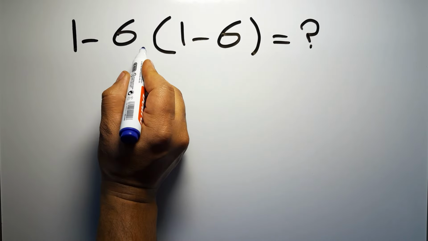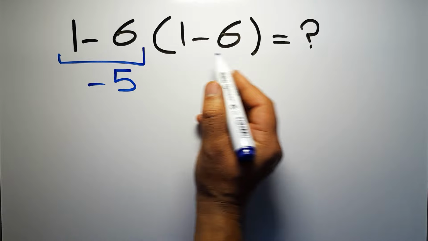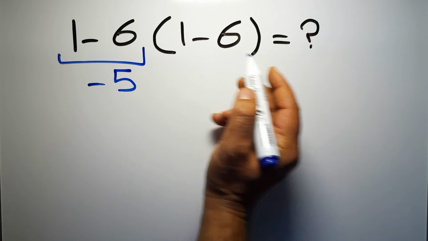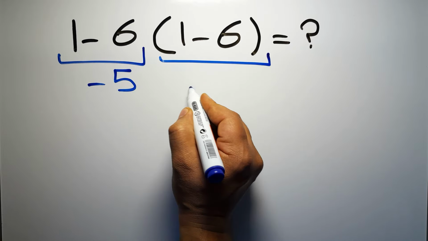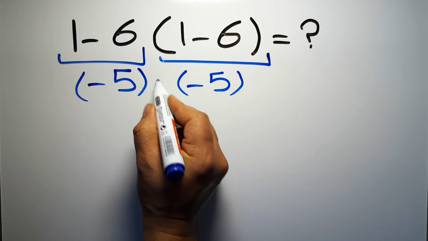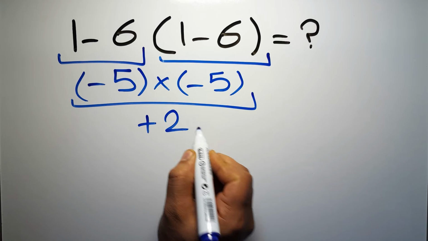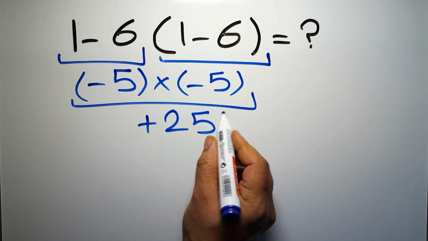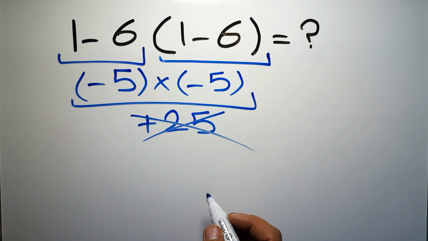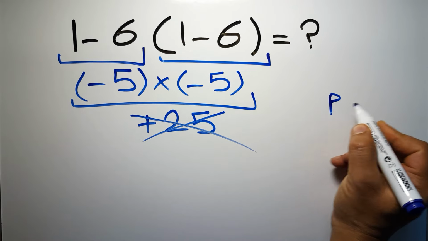1 minus 6 gives us negative 5. And again here inside this parentheses we have 1 minus 6. So negative 5 times negative 5, which equals positive 25. But this answer is not correct, because according to the order of operations, first we have to do parentheses, then